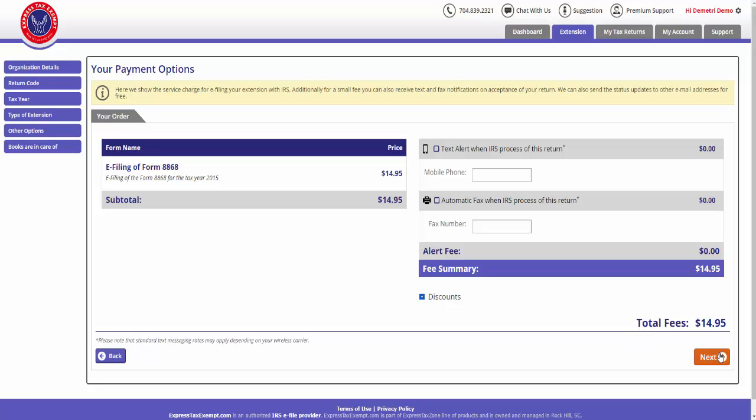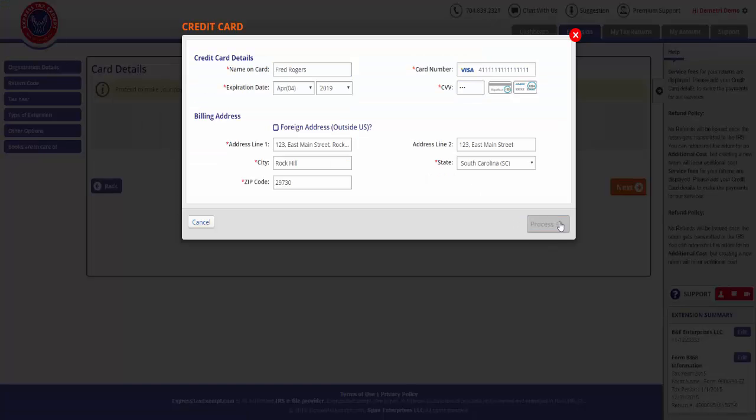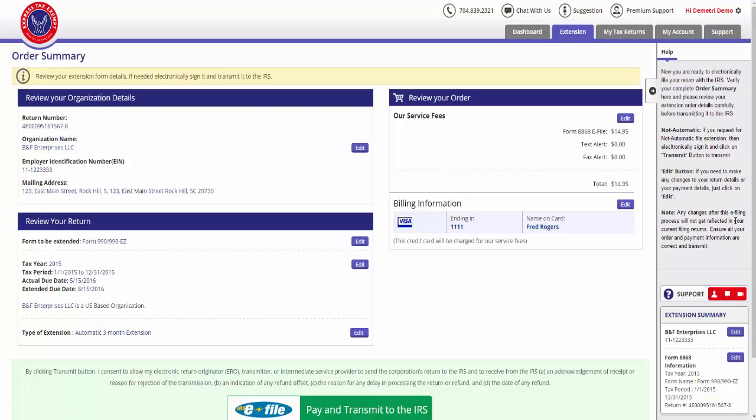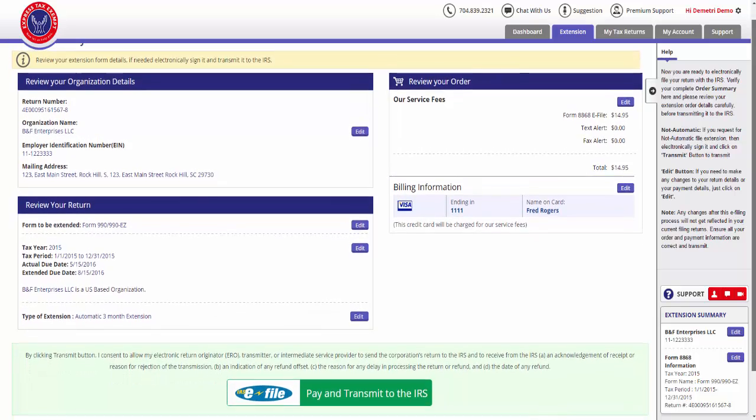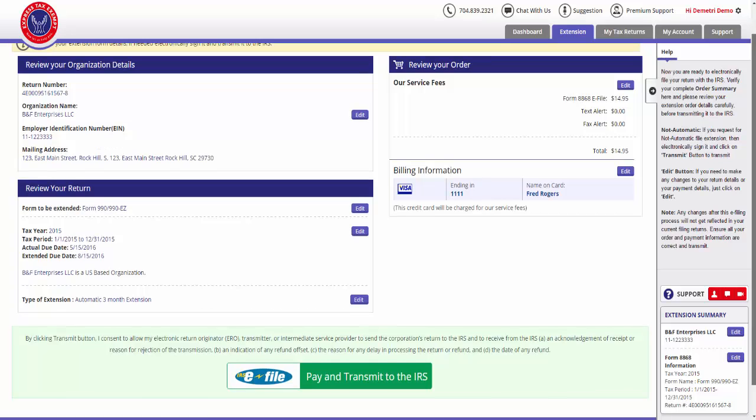You will then be brought to the payment options screen, and after your payment information has been entered, you can review all of your information one last time and then transmit to the IRS by clicking the Pay and Transmit